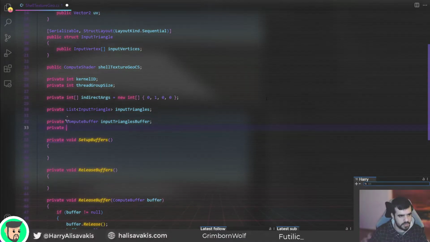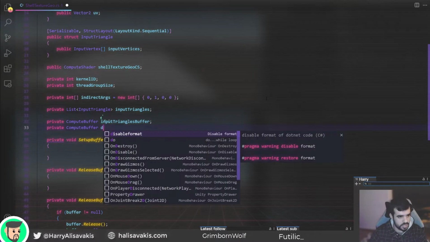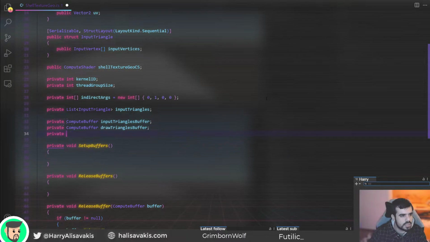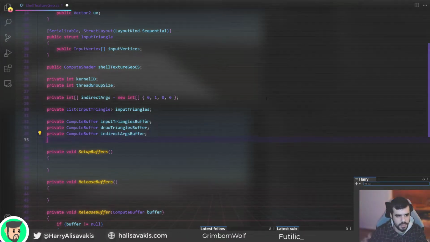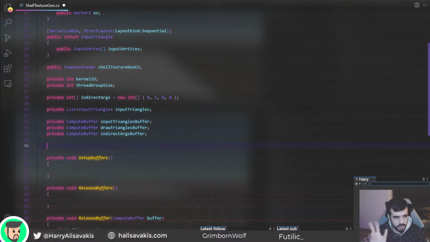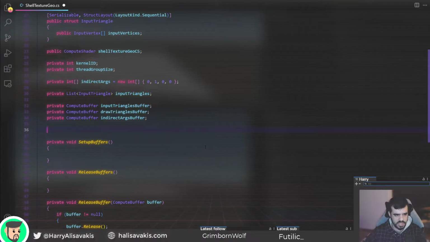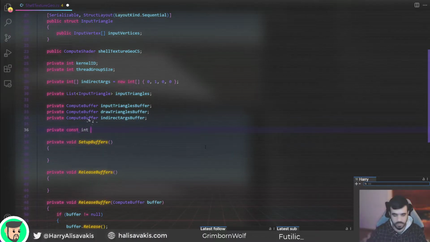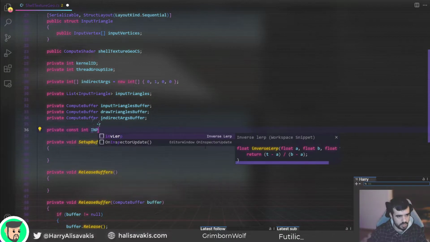I'm gonna have a private compute buffer. This is gonna be the draw triangles buffer, and I'm gonna have a compute buffer for the indirect args buffer. These 3 compute buffers. All right. What's the size of it now? Okay, so input